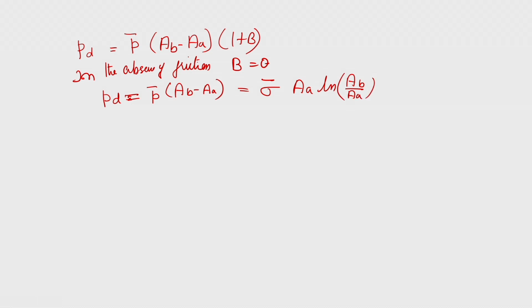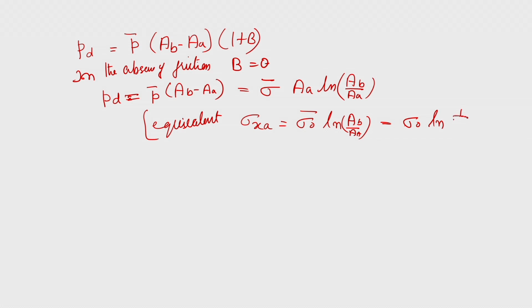So, this is equivalent to our case of the slab method without friction. If you recollect that relationship in our mechanics of materials where I discussed the slab method, you will remember that sigma x A is equal to sigma 0 bar log AB by A A, or that is equal to your sigma 0 into log 1 by (1 minus r). So, this is equivalent to this one, okay, the same relationship.